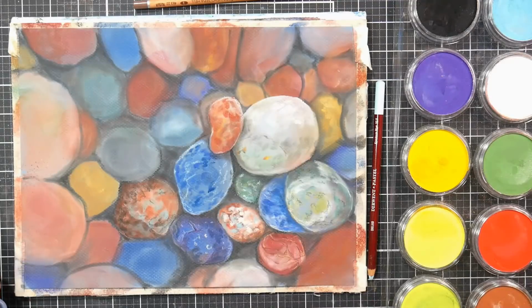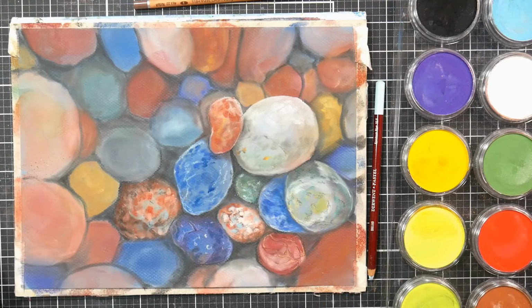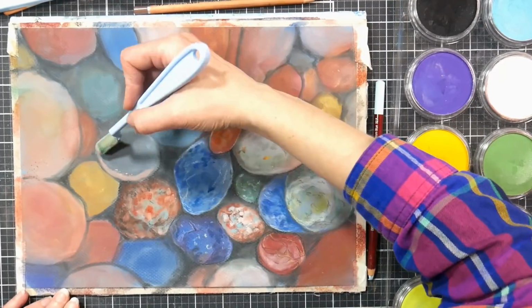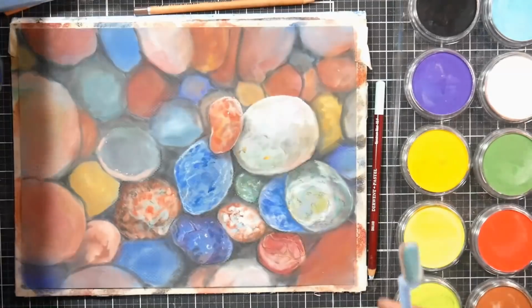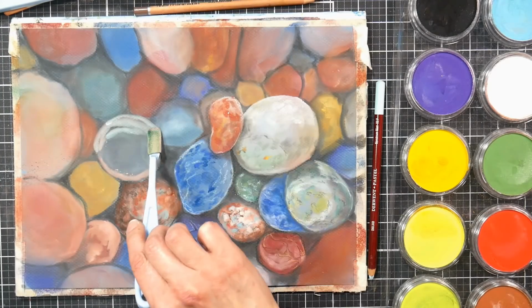that you apply with a mouth atomizer. So if anybody has, I would love to hear about that in the comments below, because I'm not crazy about aerosols. I mean, if I didn't have to use an aerosol, that would be more environmentally friendly. So if you've ever used that, I've seen it sold as an art product before, but I've never tried it. Please let me know in the comments below. I'm curious to see if you get a really nice fine mist, or if it's splotchy, or what your experiences